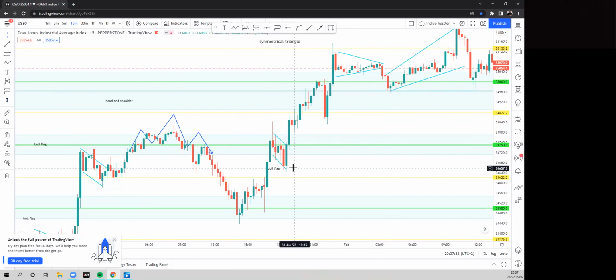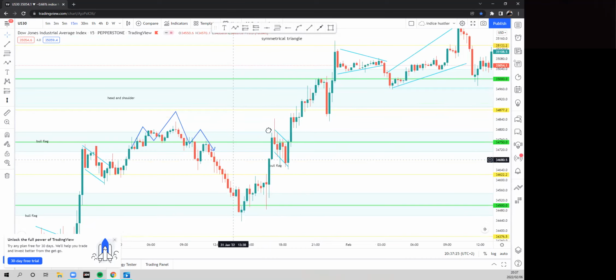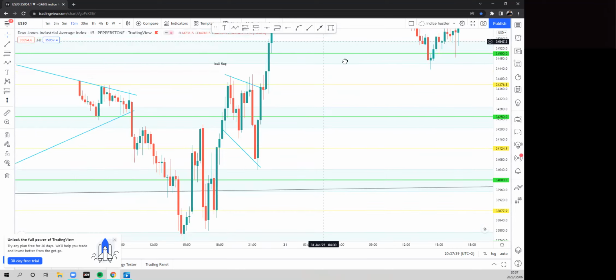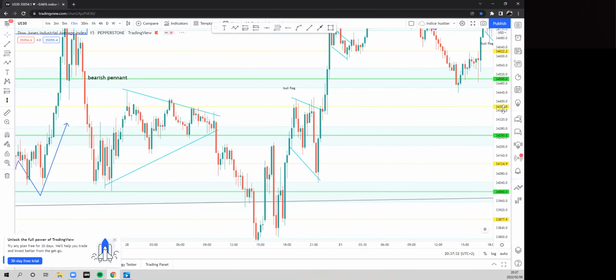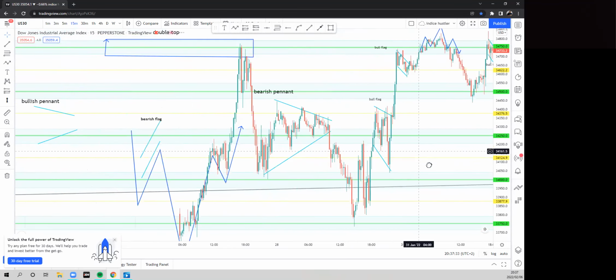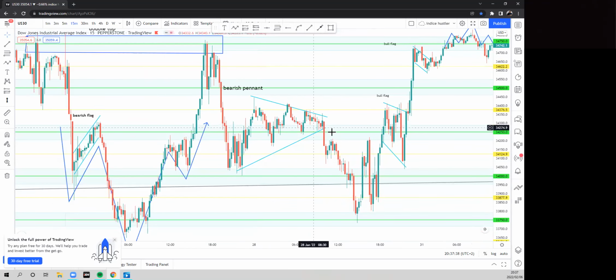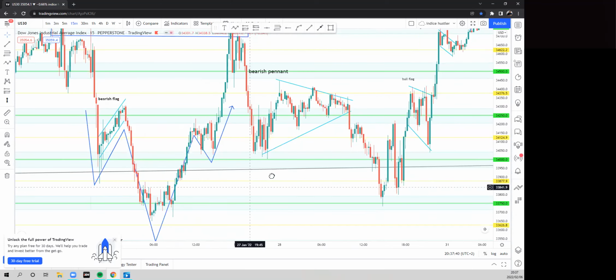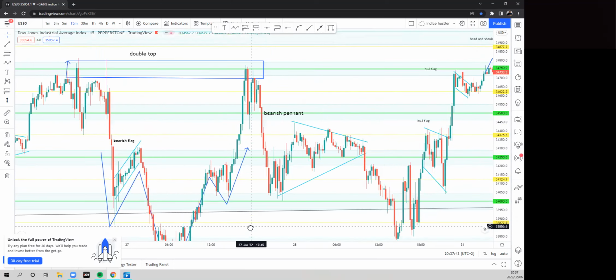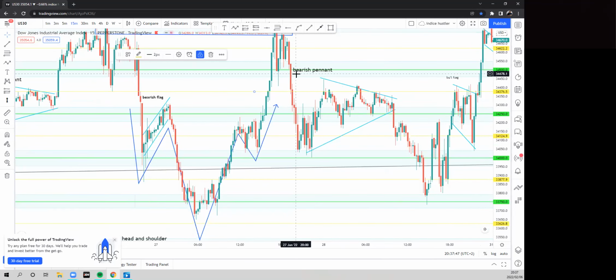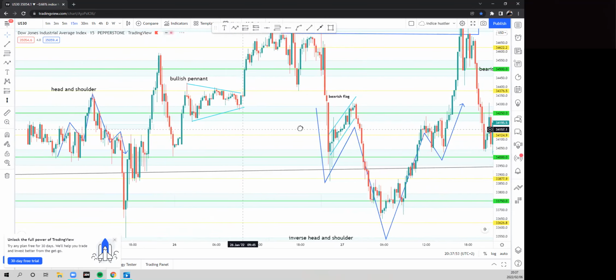But you see, we understand why our chart moves up and down. Look here, we're going up, we got a bullish flag, we're going up, head and shoulder, we're going down, bull flag, up. It's simple. And trading chart patterns is very powerful. Look here, bearish pennant, we're going down. Inverse head and shoulders, we're going up. Double top, we're going down. Bearish flag in the head and shoulder, we're going down. Very, very, very powerful way to trade,